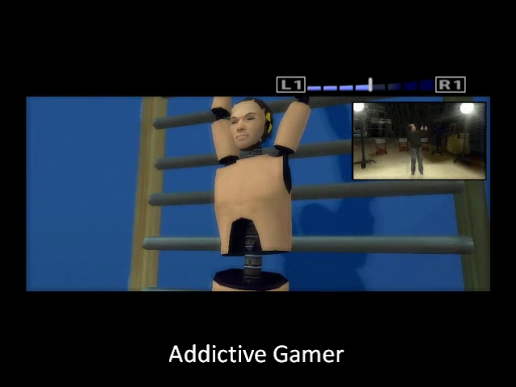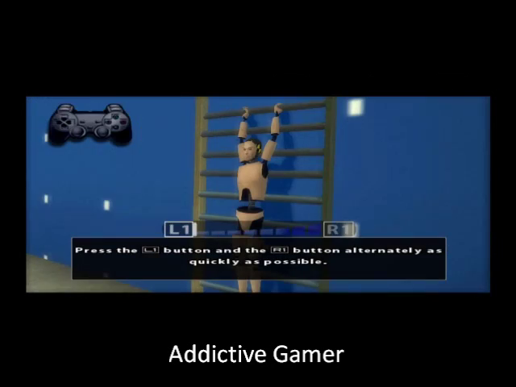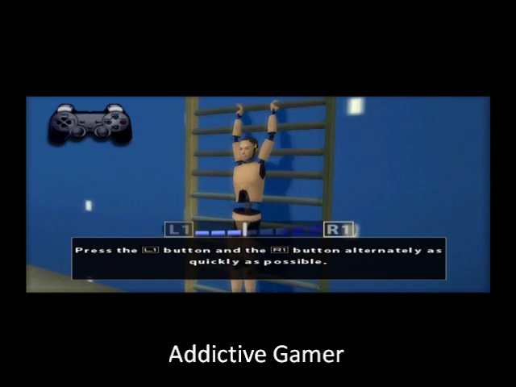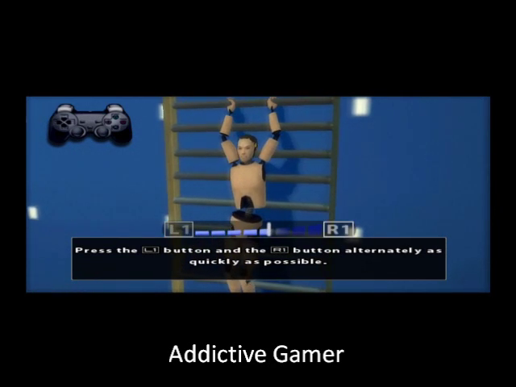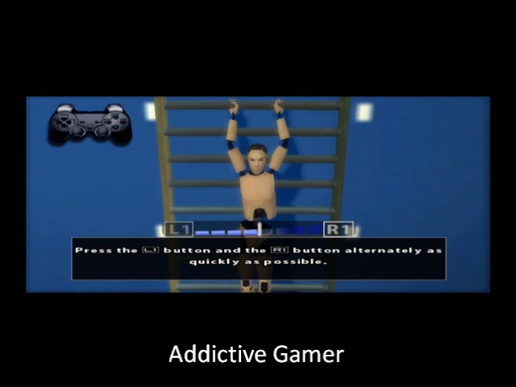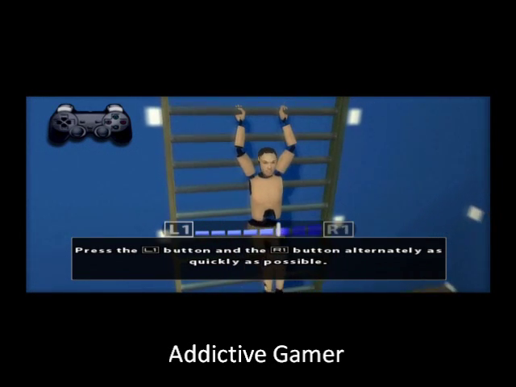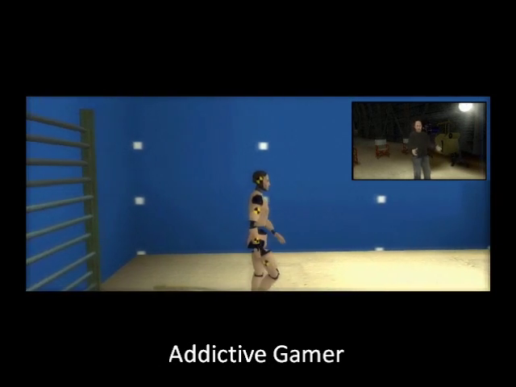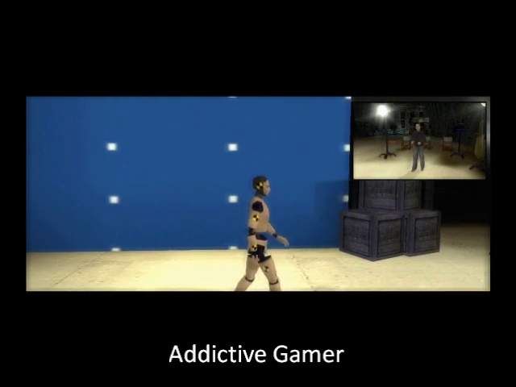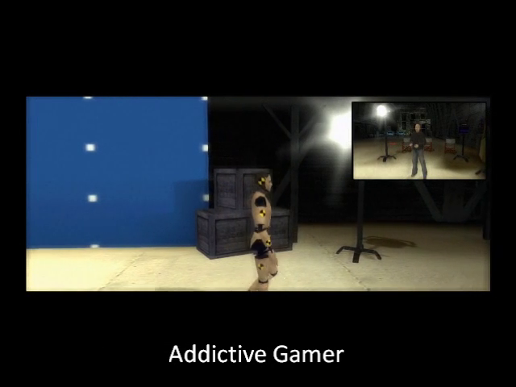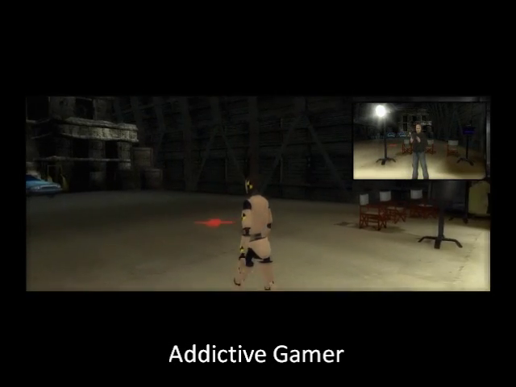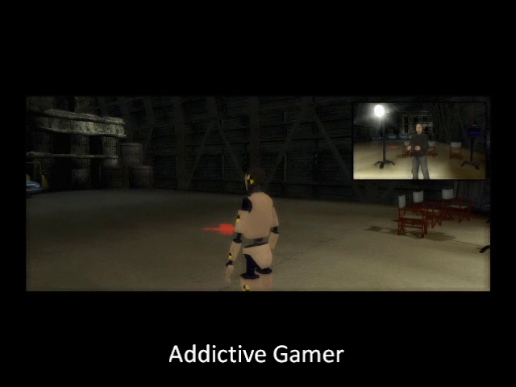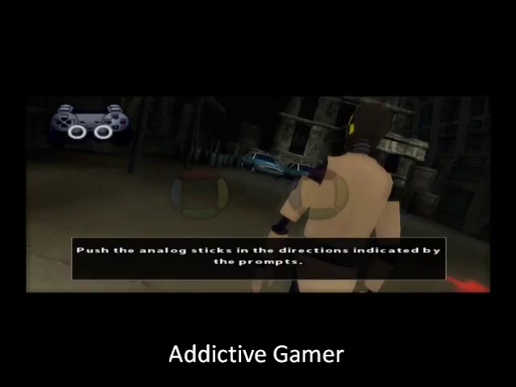When this symbol appears at the top of the screen, it means your character is gonna have to make a physical effort. You'll see, you'll be exhausted too. Hey, not bad. Now for something a bit more difficult. You're gonna find yourself facing all kinds of dangers in Fahrenheit. You're gonna need a cool head and good reflexes if you want to survive. Let's see how it works.